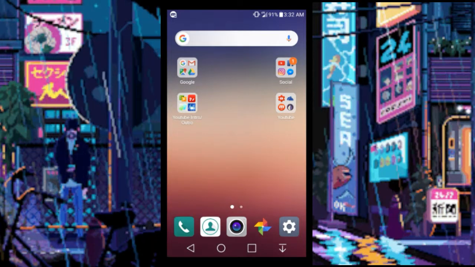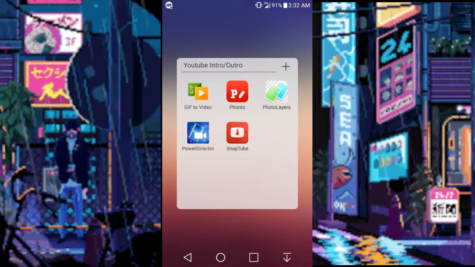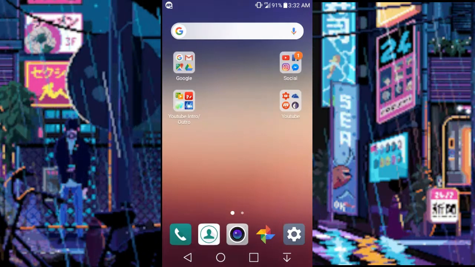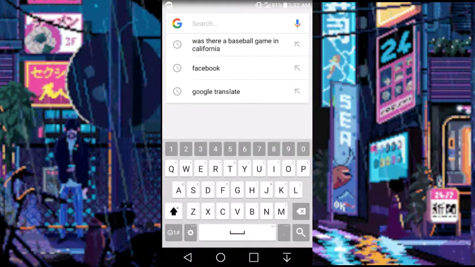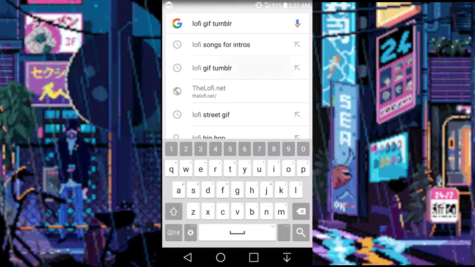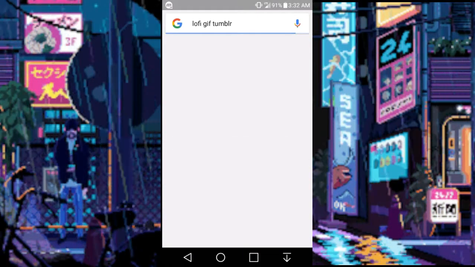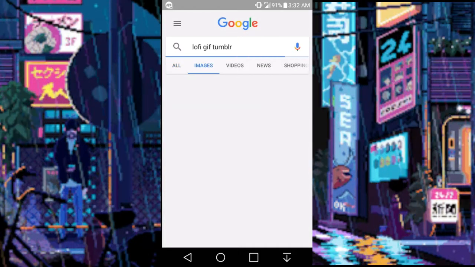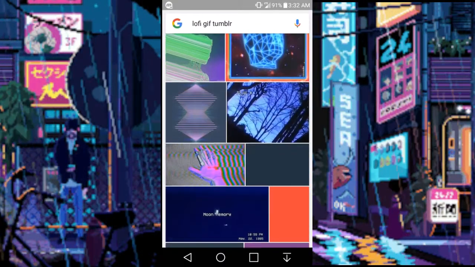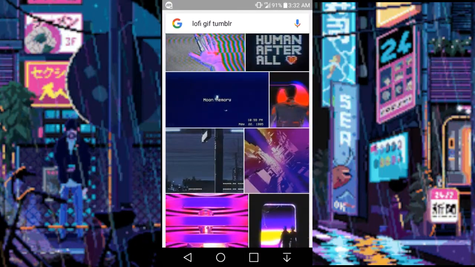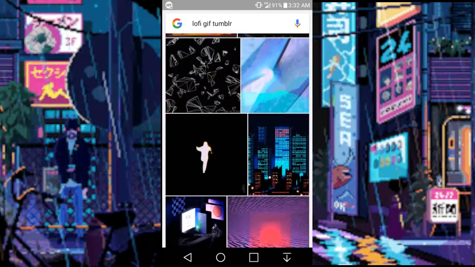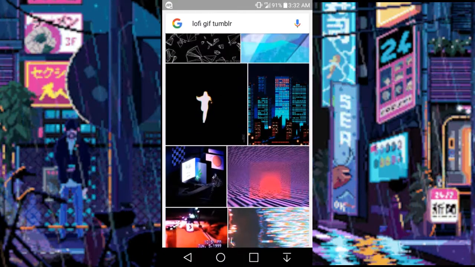So let's get started. All the apps you guys need are being shown, and you can find these down below in the description. The first thing you want to do is go to Google and look for any type of GIF. It can be an anime GIF, lo-fi GIF. I prefer lo-fi. And you want to make sure that these GIFs can be downloaded later on, and you guys will see why in a little bit. So let's see, I think I'll use this city GIF right here,